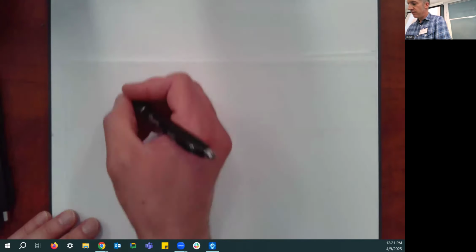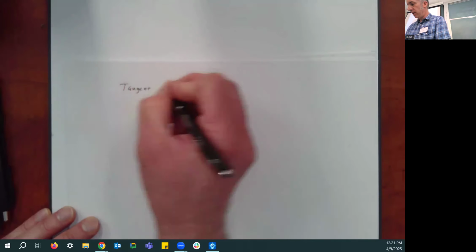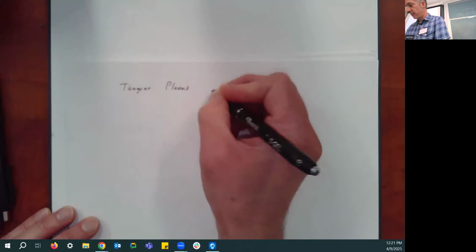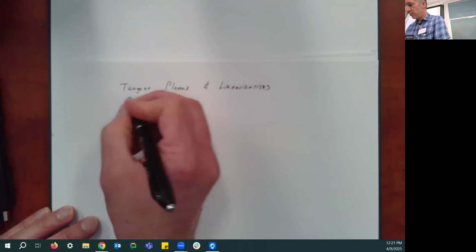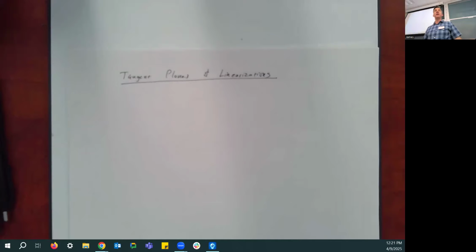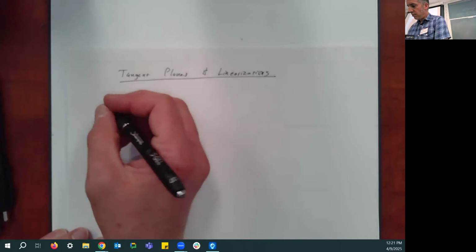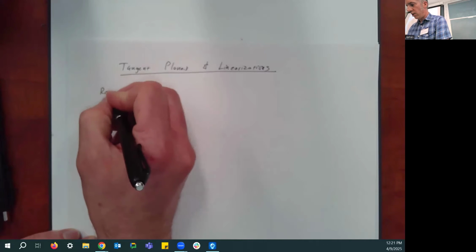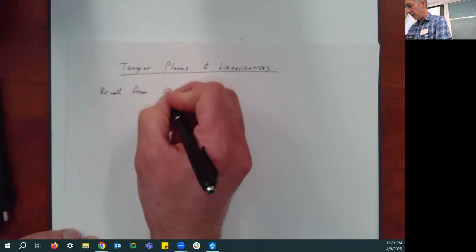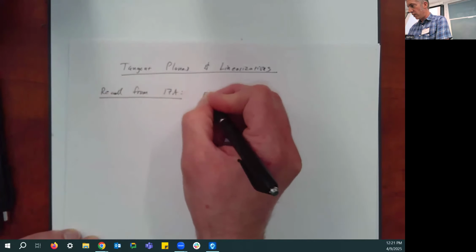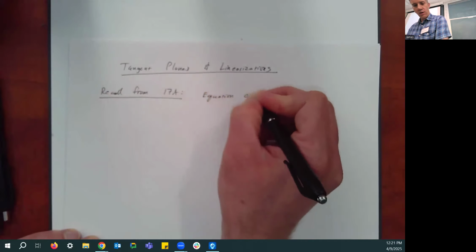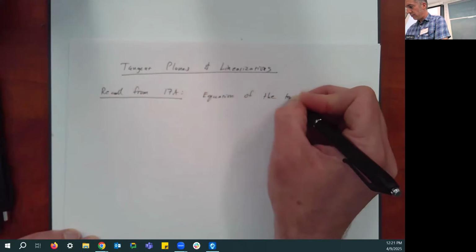So the next thing we're going to talk about are tangent planes, not lines, and linearizations. But before we do that, let's actually go back and talk about how we found tangent lines and linearizations. So recall from your 17A days, we can find the equation of the tangent line